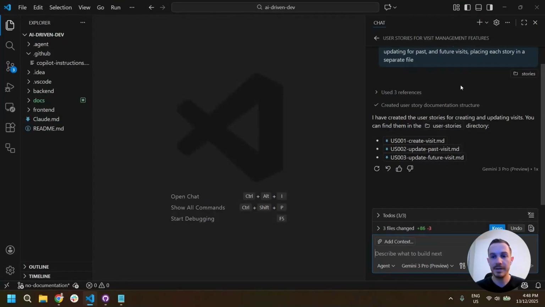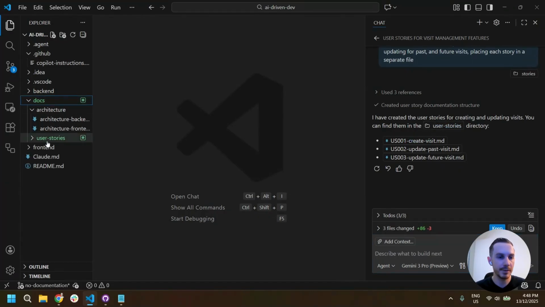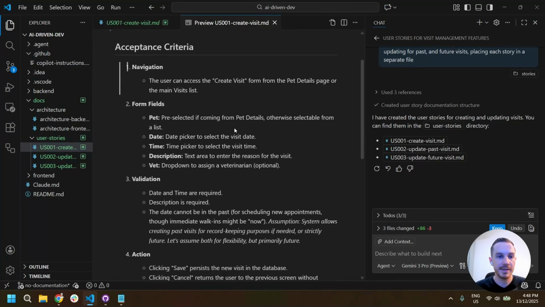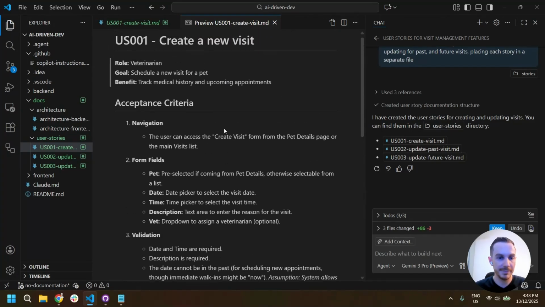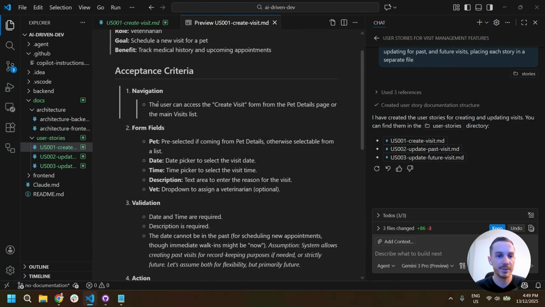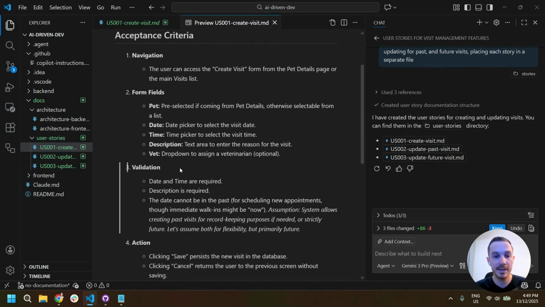Okay, now it has completed that user story creation and placed them in the user story directory. So let's go see how it did. It's created some quite extensive requirements here using a role with a goal and a benefit with some acceptance criteria. Now, the reason why you might want to be using Copilot for this is that maybe this is the best tool you have access to with the most models, or you want it to be context aware with your code base.